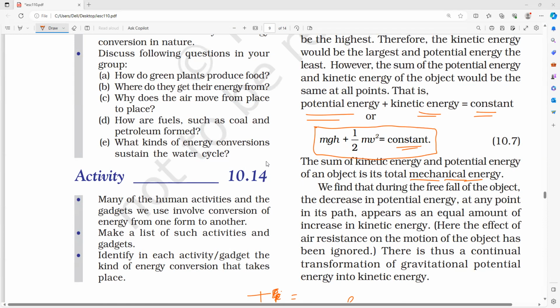So tomorrow, sir, how is it true? Sir, you are simply saying energy lost in the form of potential is equal to gain in kinetic. Then tomorrow we will